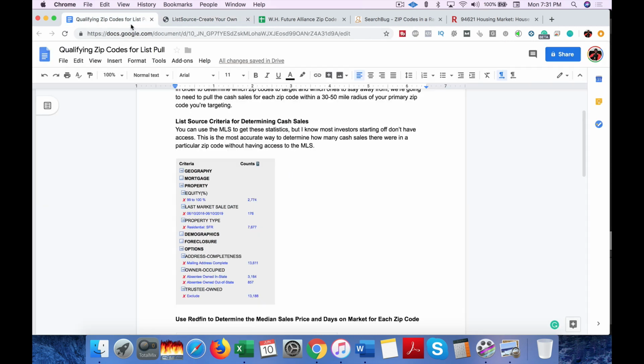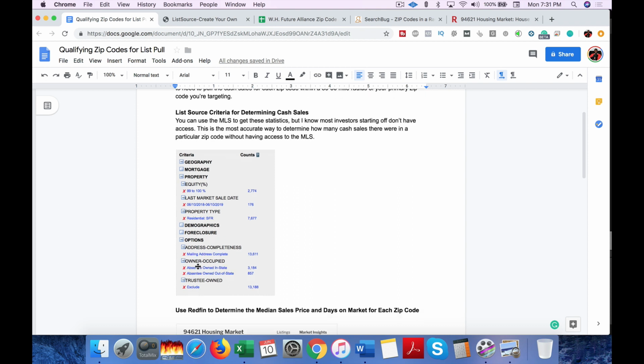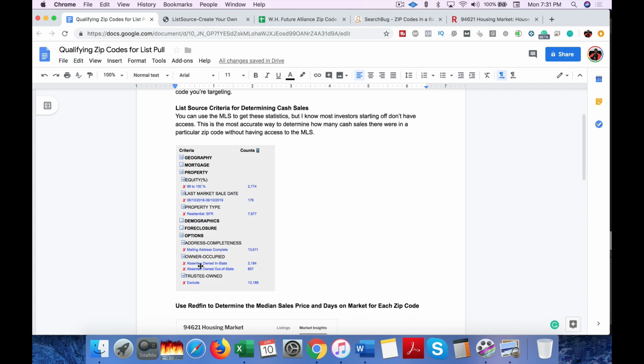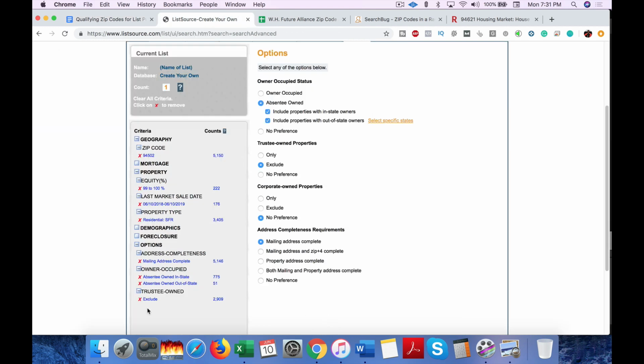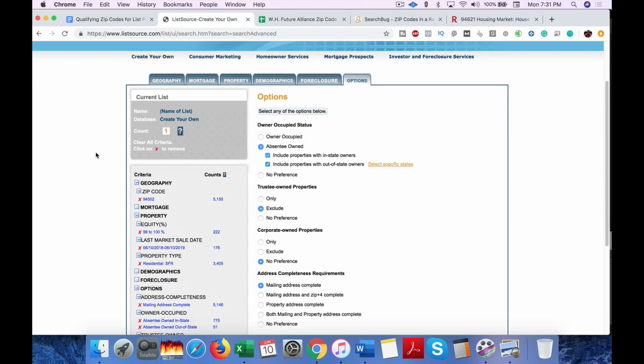Let's go ahead and just double check here. So we have our equity filter, our last market sale date, single family residence, and this mailing address complete. That's automatic, so don't disregard that. Just keep that there. Absentee owned in-state, absentee owned out of state, and we're excluding trust owned properties. So we have everything here. So as you see,